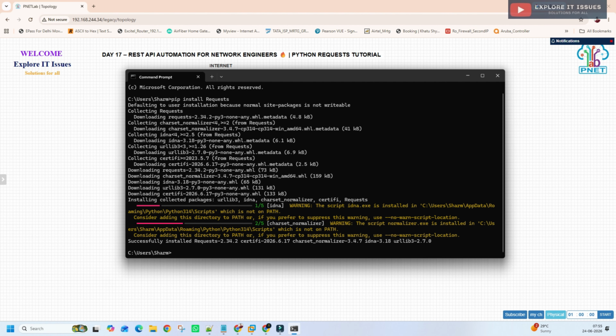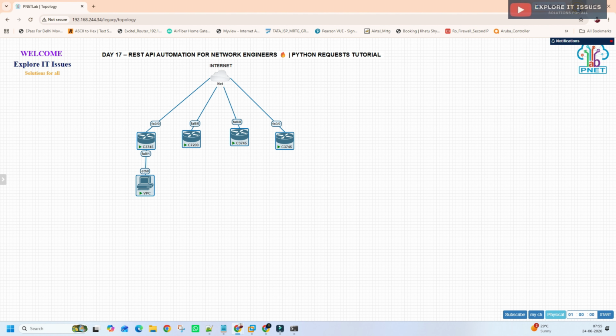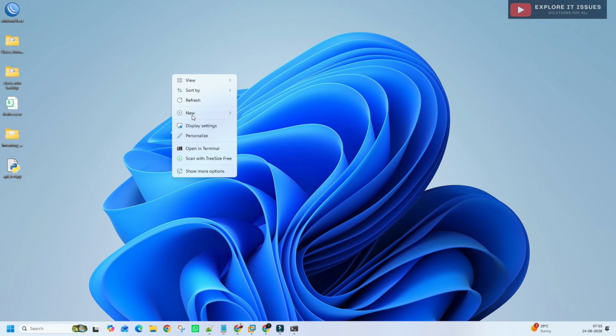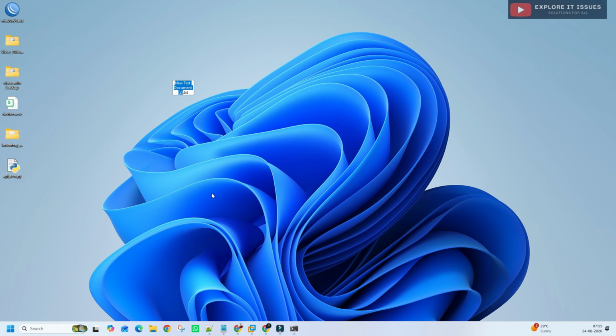Then the next step is to create a file on our desktop named api_inventory.py. .py is the extension of this file because we are using Python, so we hit enter and convert the extension from text to py. So this file is created.